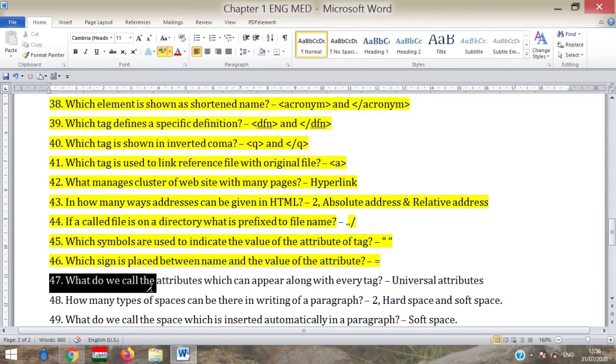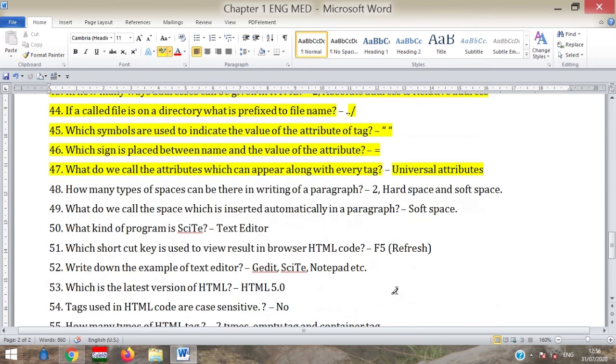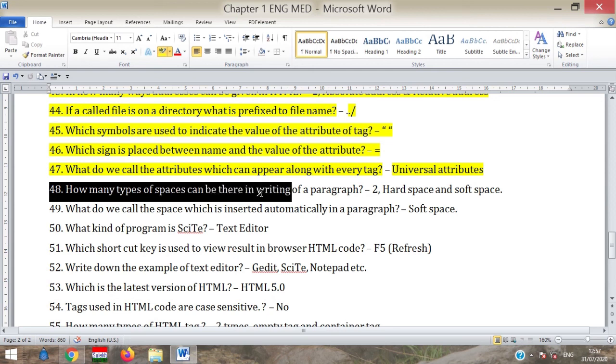What do we call the attribute which can appear along with any tag? It is called a universal attribute. A universal attribute can be used with more than one tag. How many types of space can there be in writing a paragraph?